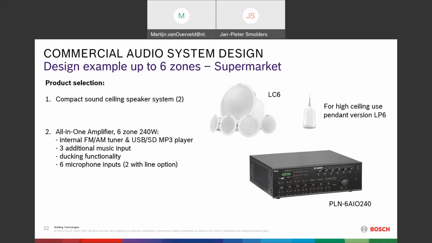Then we connect that to the all-in-one amplifier. So we have 6 zones, 240 watt. It has a tuner and a USB SD player. You have 3 additional music inputs, docking functionality on this device, and 6 microphone inputs, of which 2 have a line option. Now, docking, if you don't know what docking is, it's like when you have music playing in a